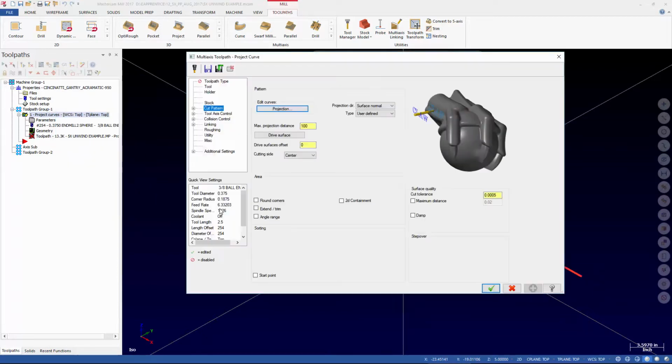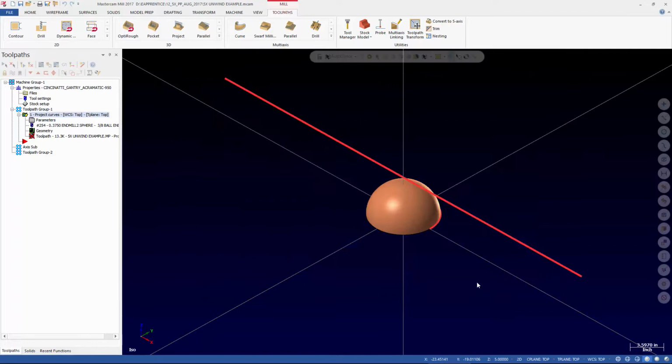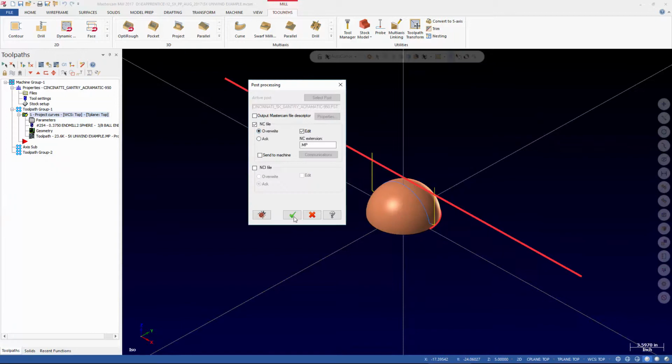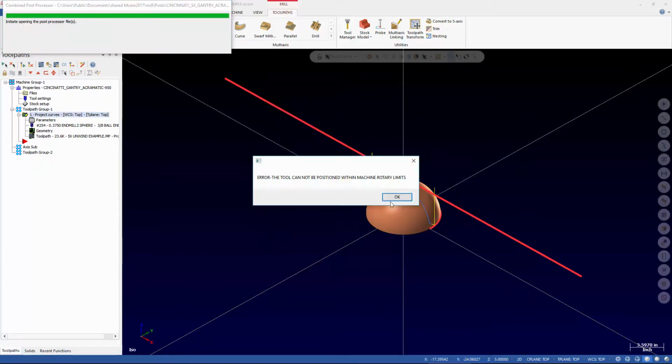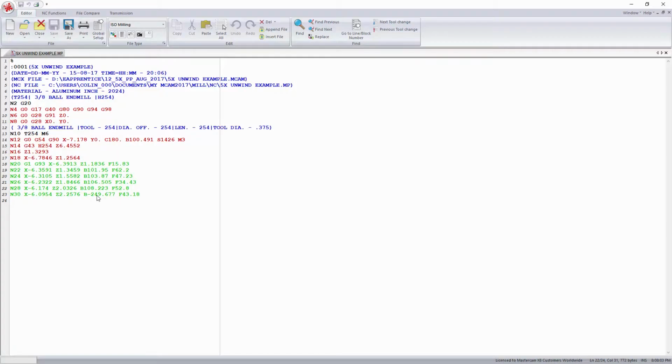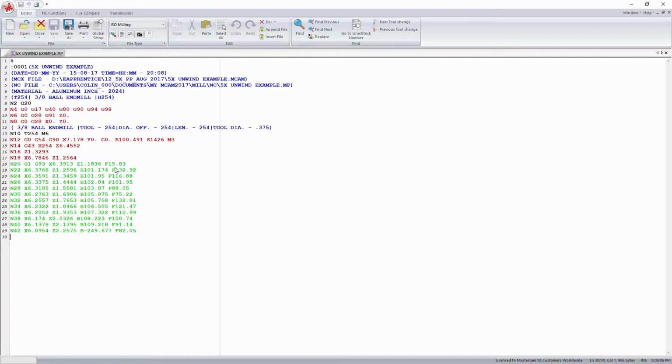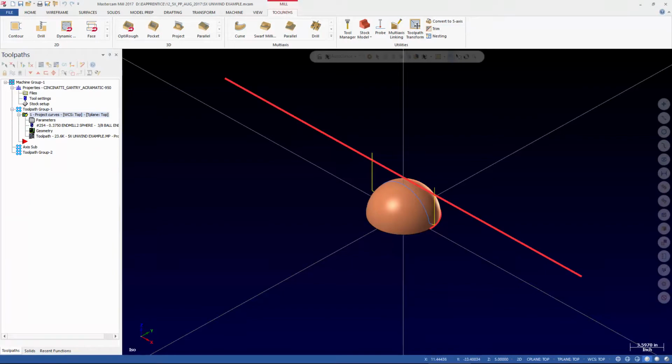So that can be one test that we want to do when we're setting up a 5-axis like this. So if we reverse that direction, see what we get. At least it starts at 0 now. But you notice it's still trying to go up. Okay? Well, that being the case,